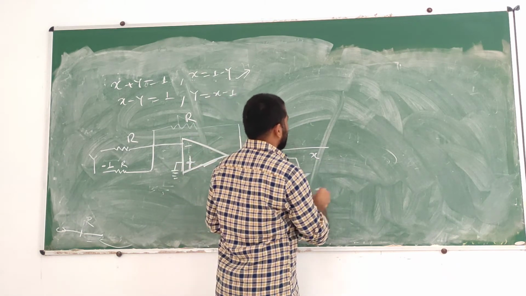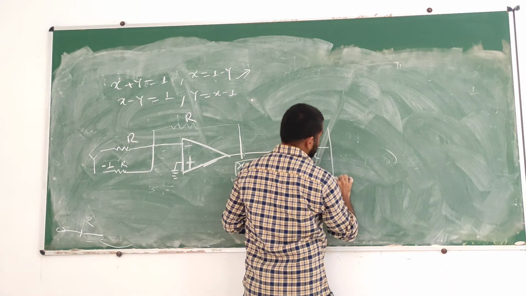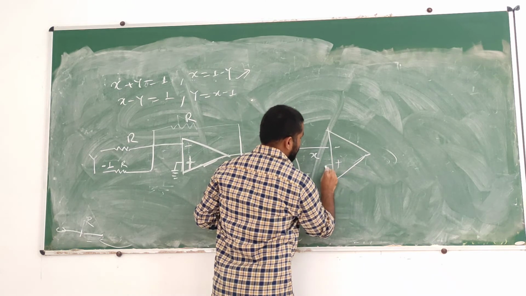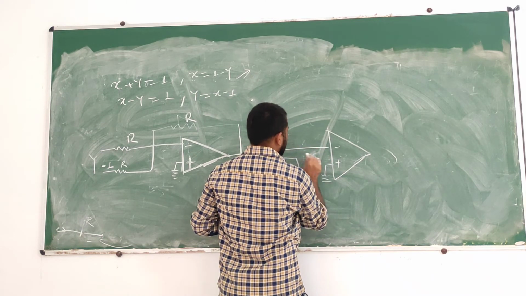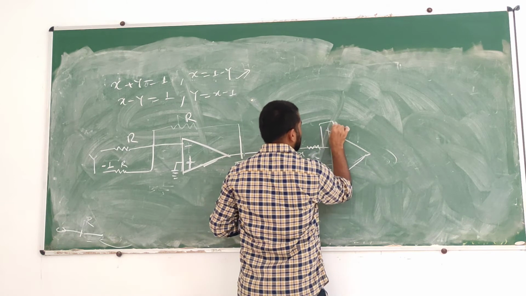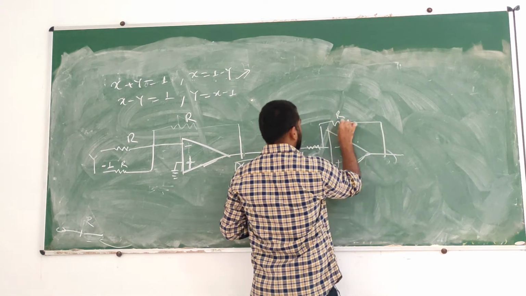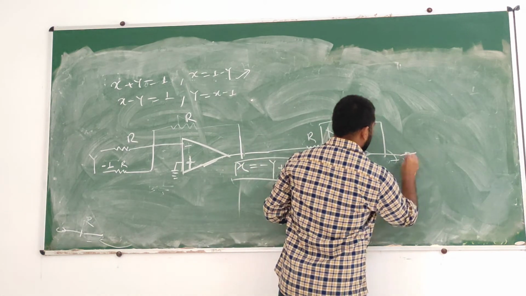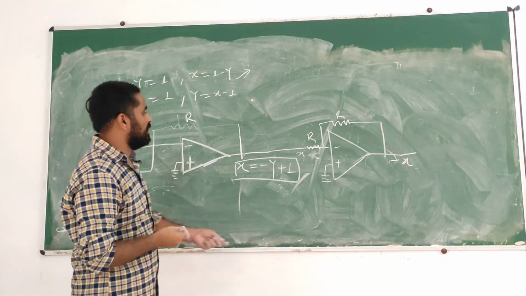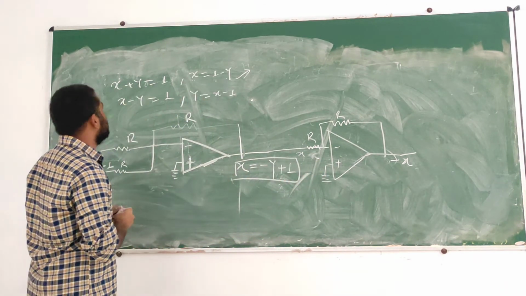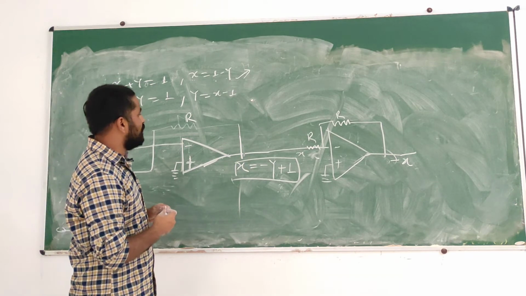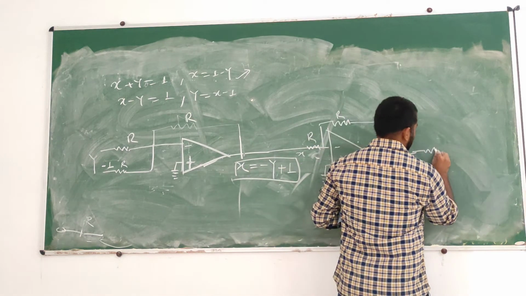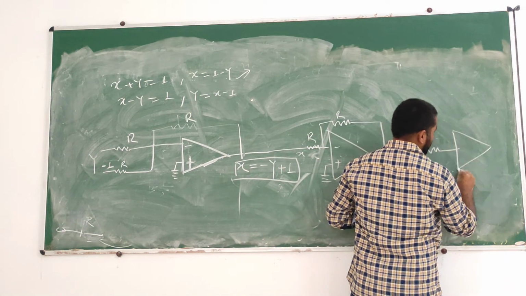See, this is x. Now first what you do, just convert this to minus x, because we need positive x. How to convert? Just apply a resistance R and R by R, this will give you minus x. We got minus x because again we have applied an inverting amplifier. Now we got the minus x and we just need this equation.